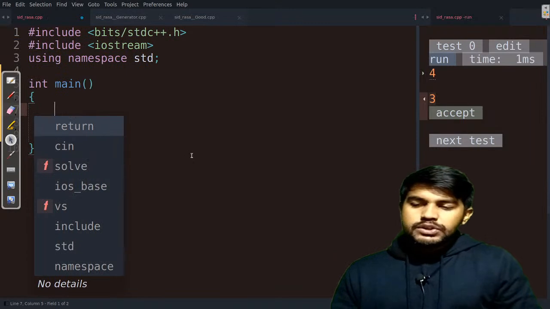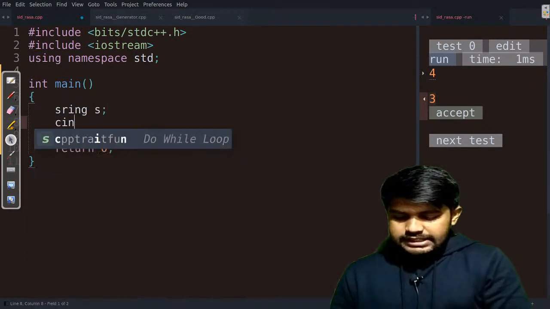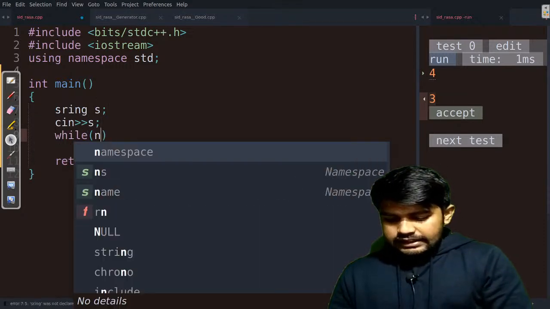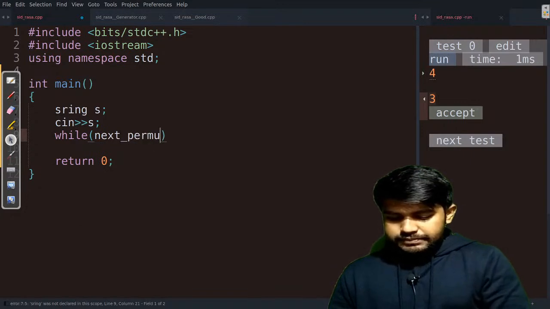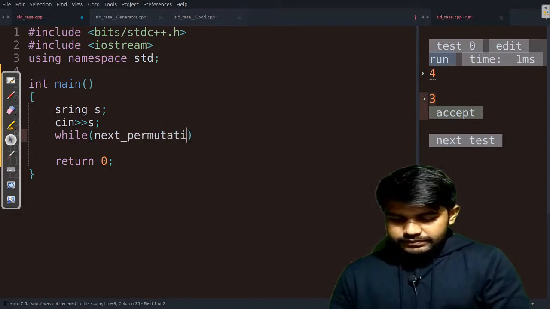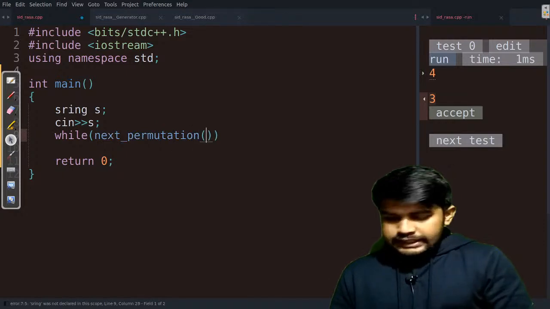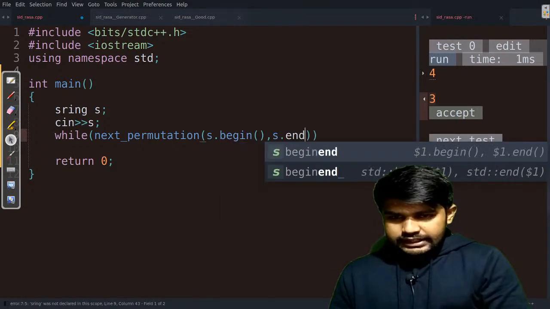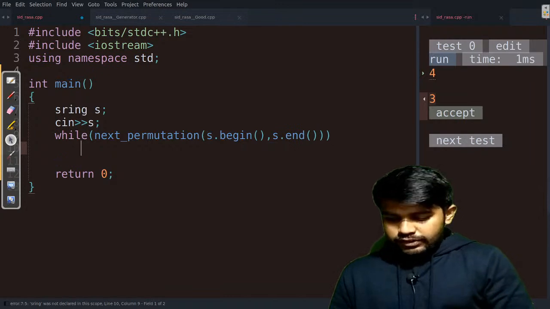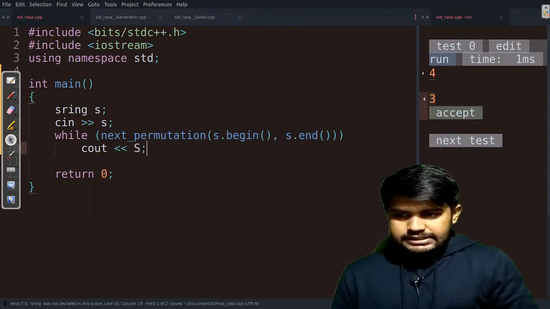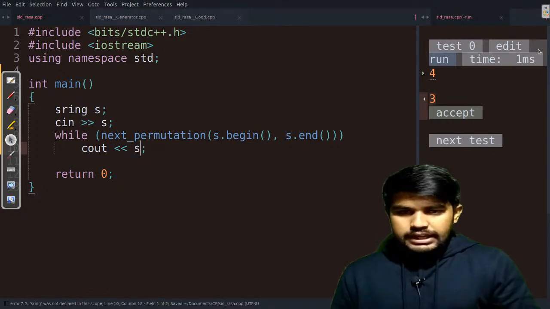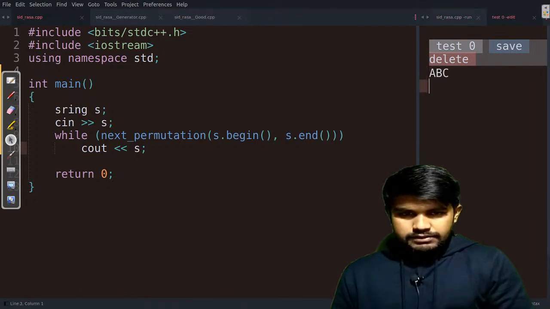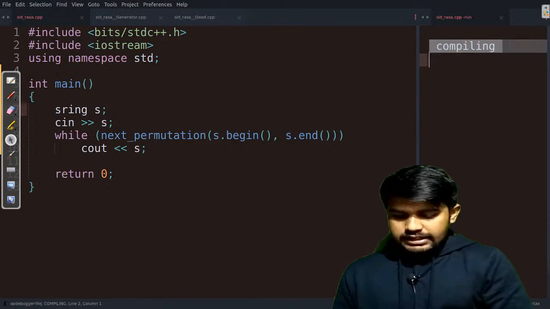You can simply take the input of the string S, cin S, then while next permutation of S.begin to S.end is true, we would print the value S. This would be A, B and C itself.